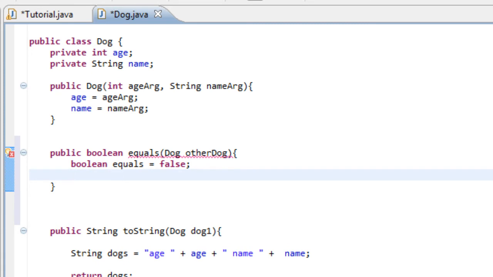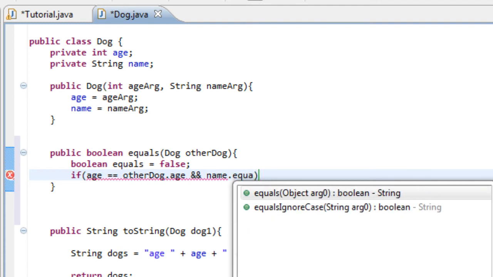But we're going to make an if statement that says if age is equal to other dog.age and name dot equals